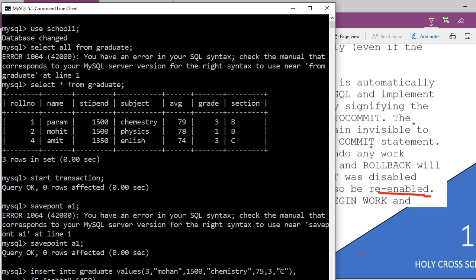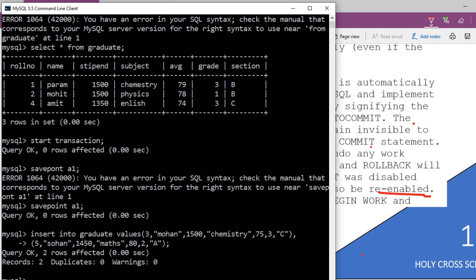I told you that whenever I'm entering a tuple, I will type that maths. Then again here, average. Then grade, second grade, and then section is, let's suppose, A. I'm putting it in capital case. See here, this is the second tuple, a complete tuple. If I want to insert a third tuple, I'm going to again put a comma and press enter key. But I'm going to put only 2, so I'm going to put a semicolon and press enter key.